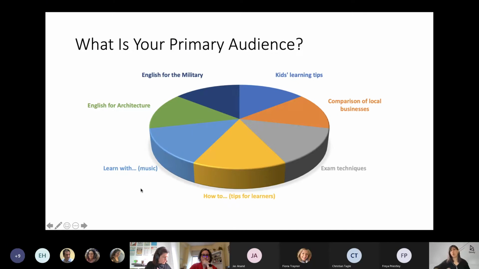So what is your primary audience? Here is where everyone knows their strengths, and you guys have to identify them. I have a piece of cake here. This diagram shows you there are many more than these six or seven stages, or pieces, or segments. There is a lot out there, a lot that you can write about and a lot that you can communicate, but you have to decide what your primary audience will be.